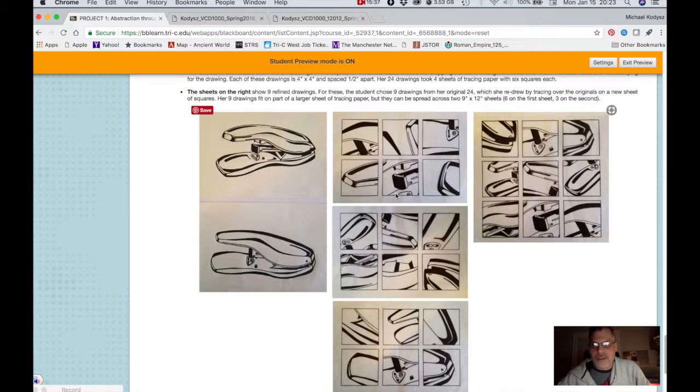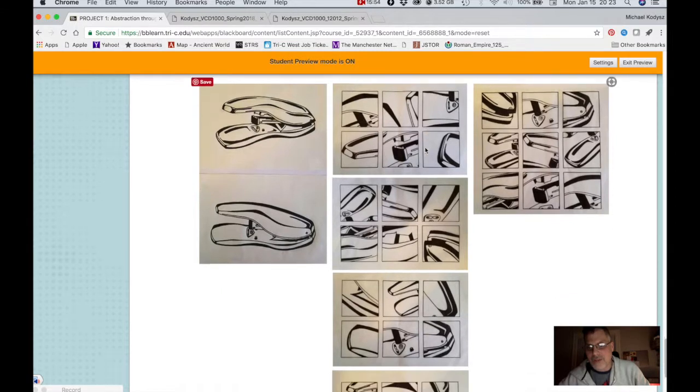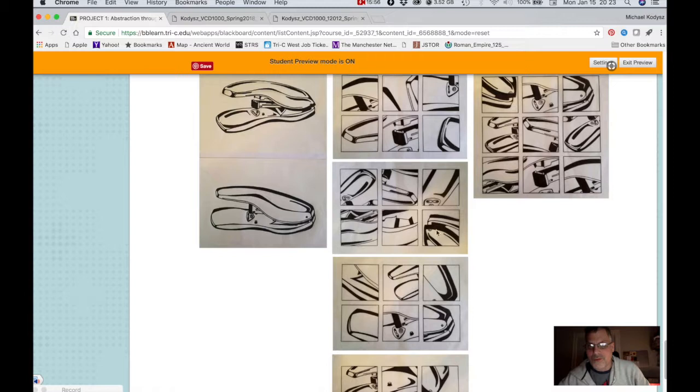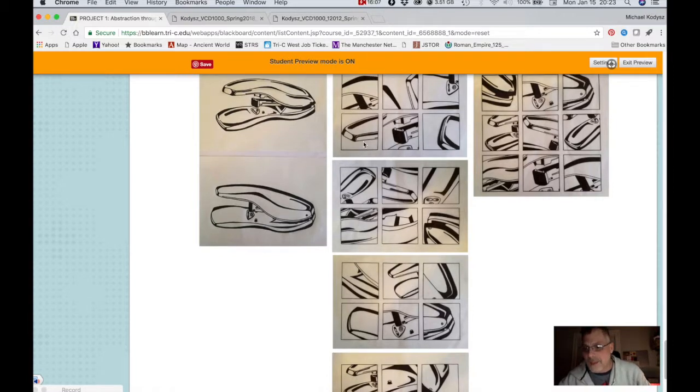You're going to create these 4x4 squares spaced a half inch apart using a ruler and a marker. These are 9x12 sheets of paper, so 6 of these 4x4 squares fit on a 9x12 sheet of paper, and in order to create 24 little abstract drawings using just black and white,